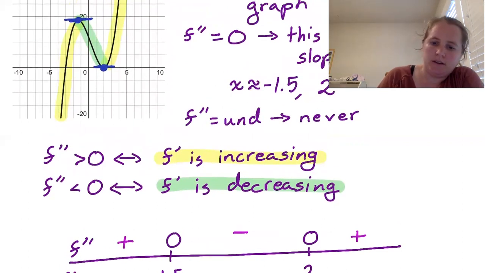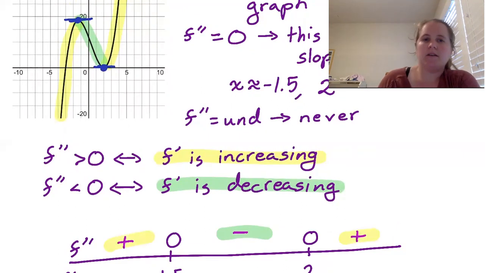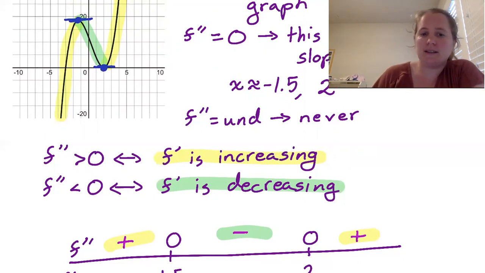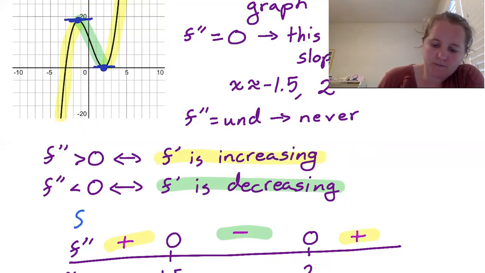So again, in terms of my color coding, where f prime is going up, the second derivative is positive. Where f prime is going down, the second derivative is negative. So now if we look at what this means for f,